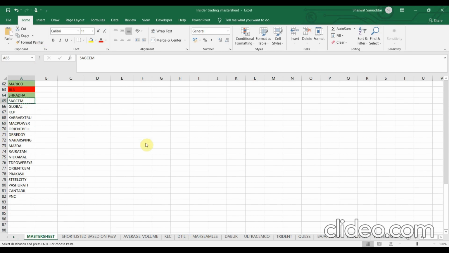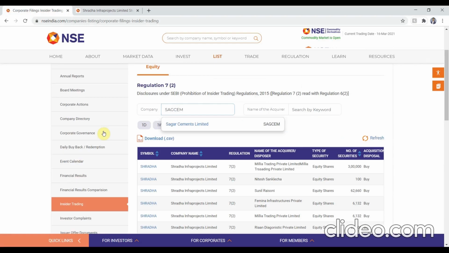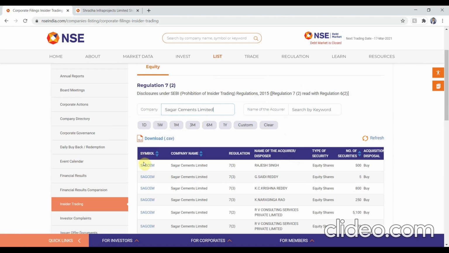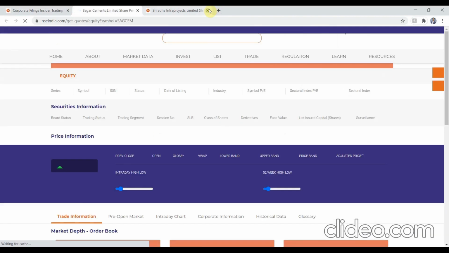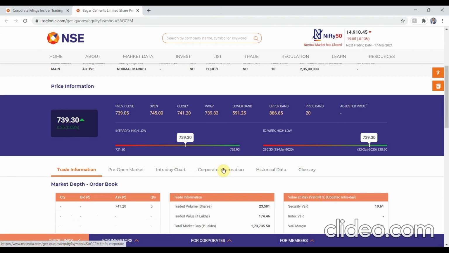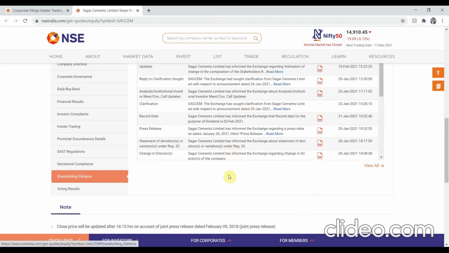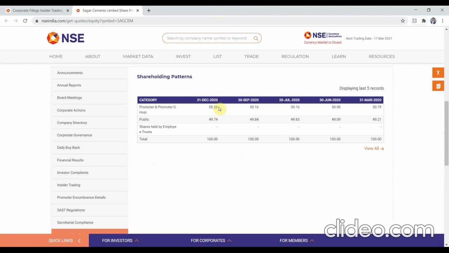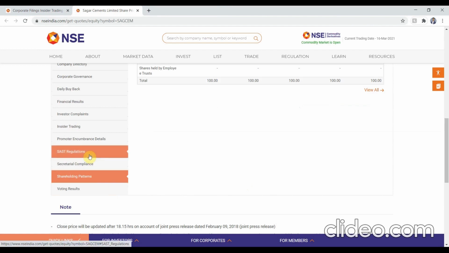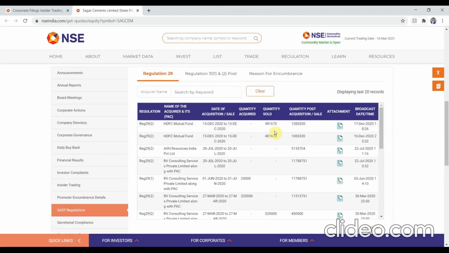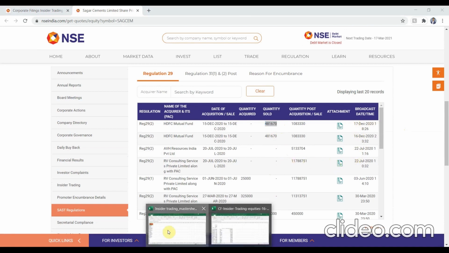Next is, copy it down. See, I'm repeating the same steps. So it's a very fast process if we do this on a daily basis. The workload becomes very less if we do it on a daily basis. It's slightly greater than 50%, but again, the rule is to be greater than or equal to 50%, so it passes the filter. SAST regulation, okay, there has been a selling after 16th of September 2020. So this is going to be a red one.